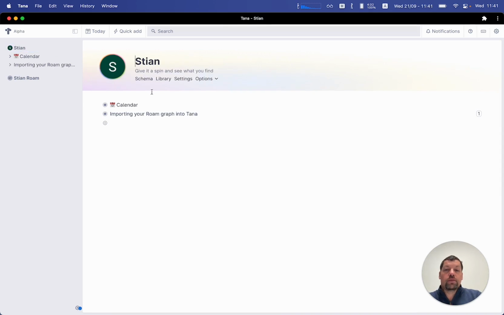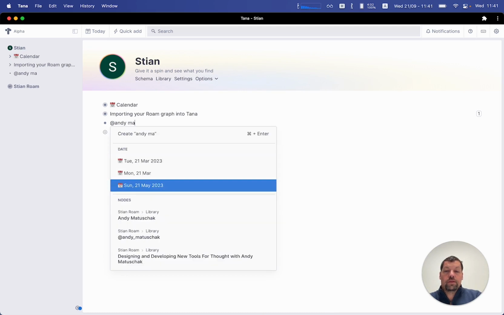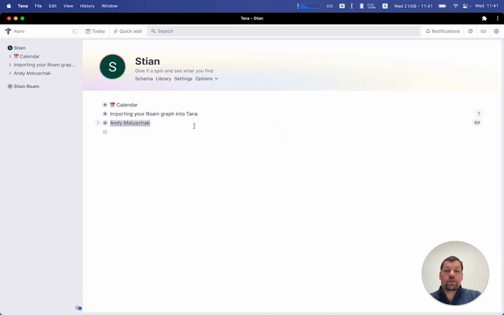And exactly the same thing the other way around. Right now, if I try to find Andy Matuszak, I find nothing. And I can choose to allow content. And you see right away that I have access to nodes from my Roam graph. One thing to note is that this allow content only controls what appears when you do autocomplete. So if I turn off allow content, this reference will still show up, because I have access to both spaces. So even if you turn off access, I can still manually move things around and copy